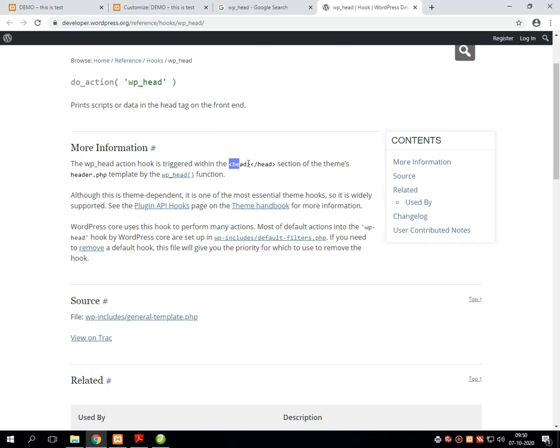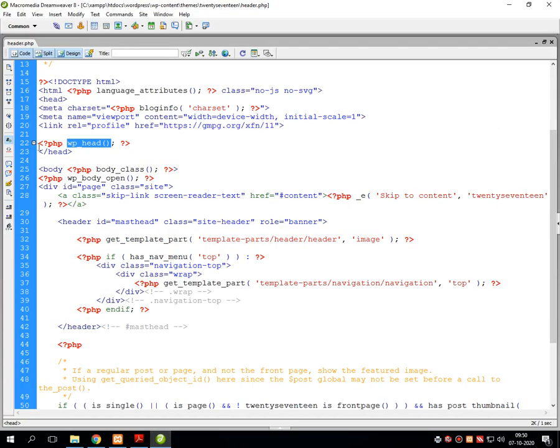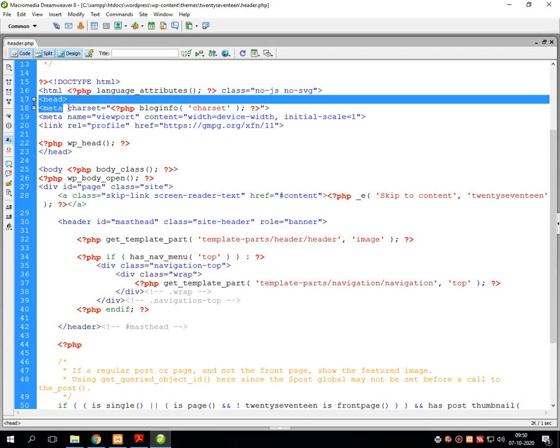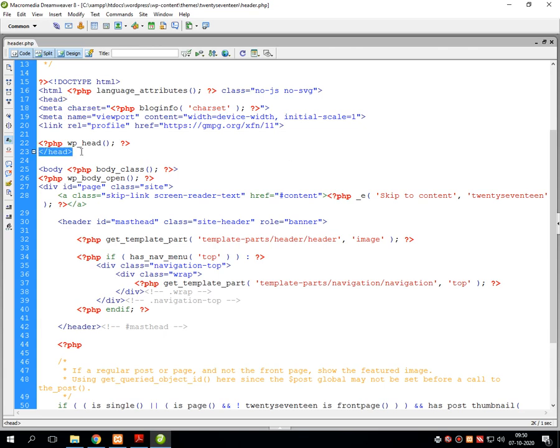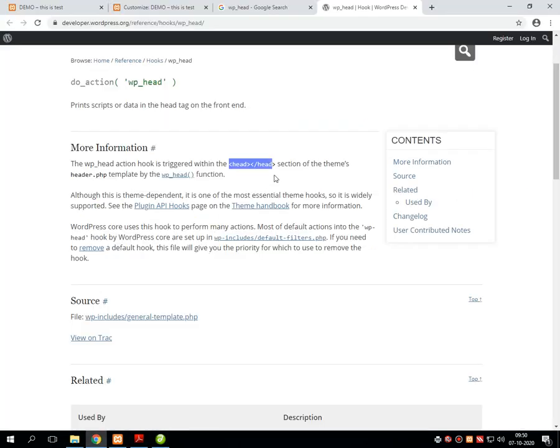Just remember this thing, it should be written into the head section. This is the head section, and in between that we have written wp_head. It's clear? It should be written in the head section of the theme's header.php template by the wp_head function.